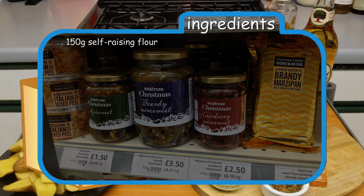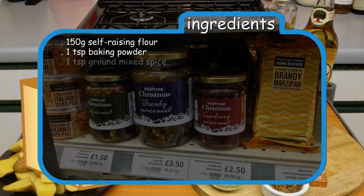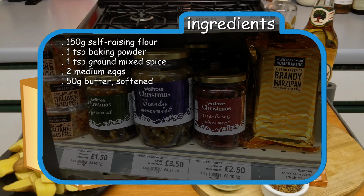150 grams of self-raising flour, 1 teaspoon of baking powder, 1 teaspoon of ground mixed spice, 2 medium eggs, 50 grams of butter that needs to be softened, 75 millilitres of black treacle, 120 millilitres of Irish stout, 2 tablespoons of dark rum,